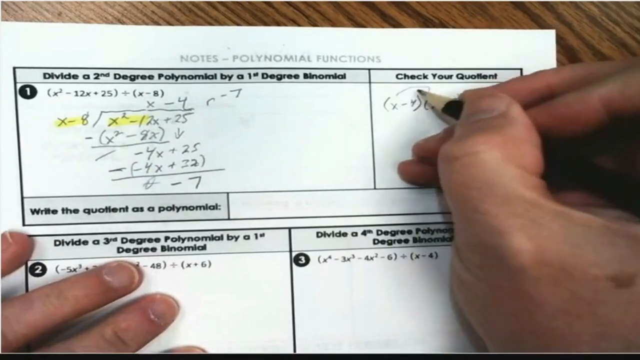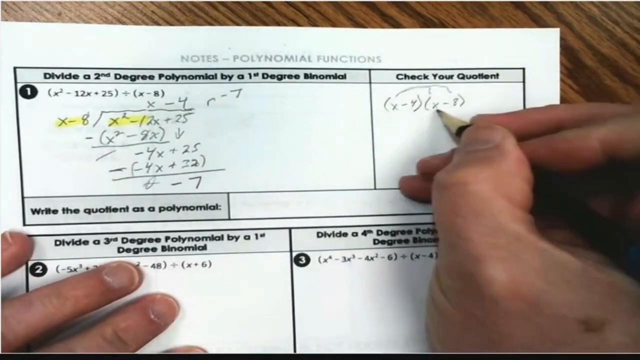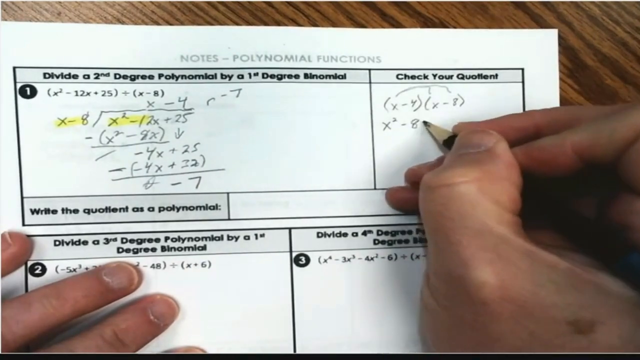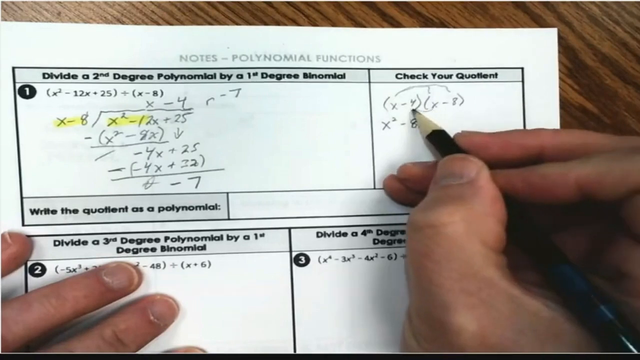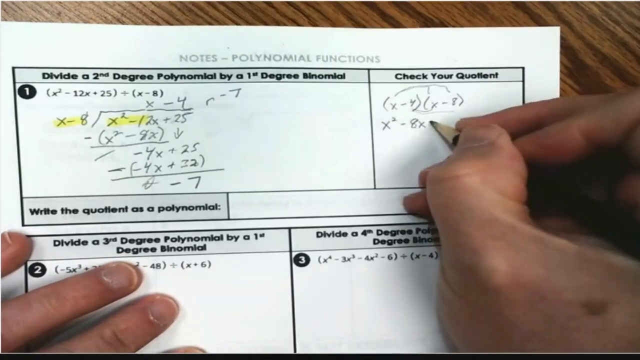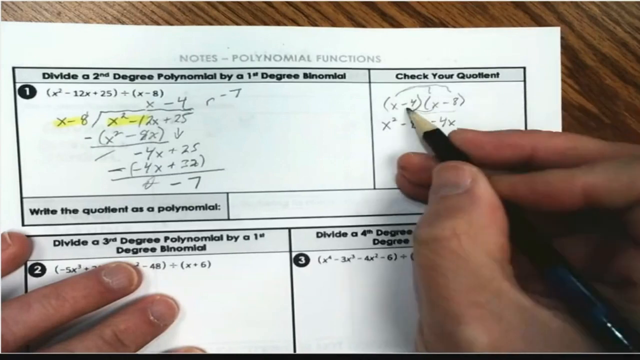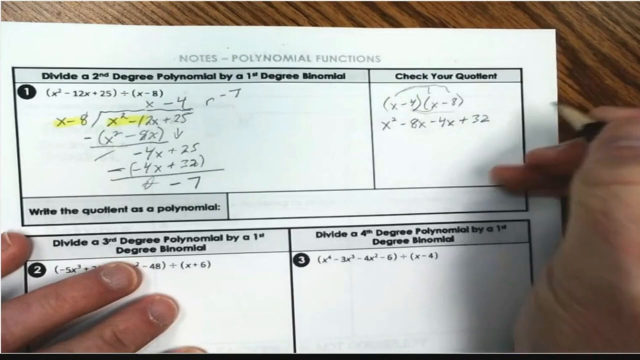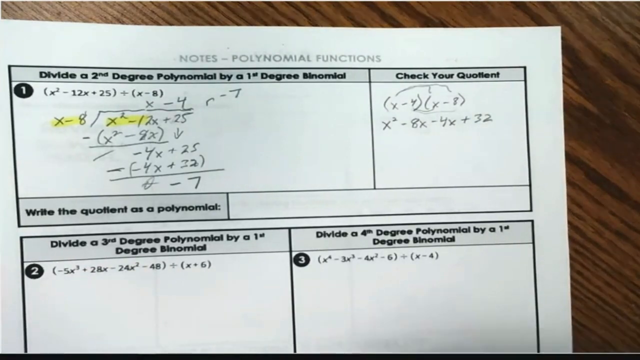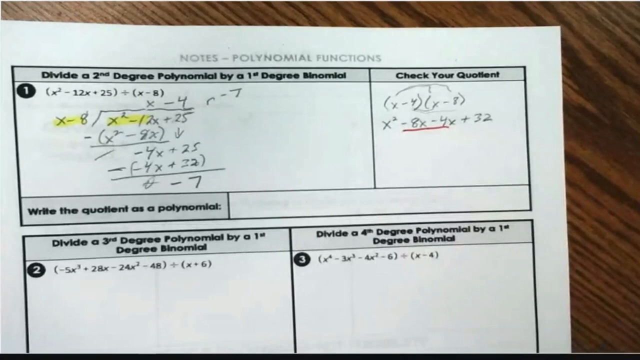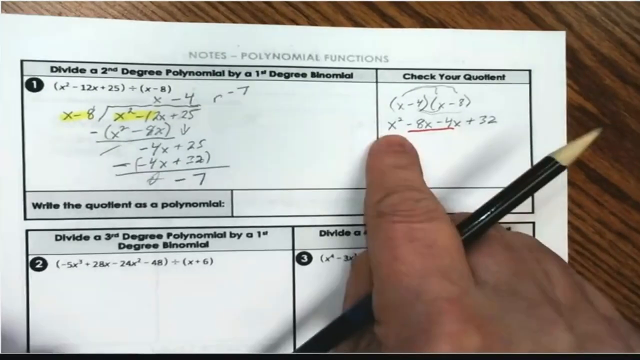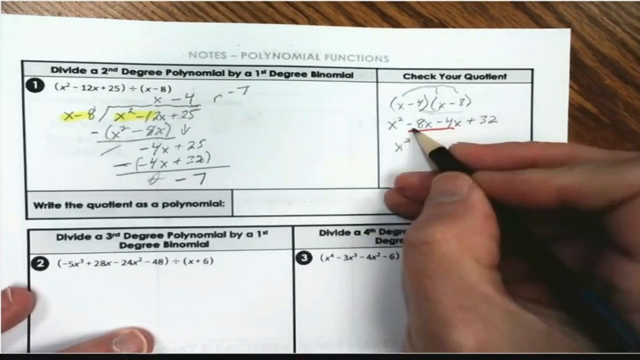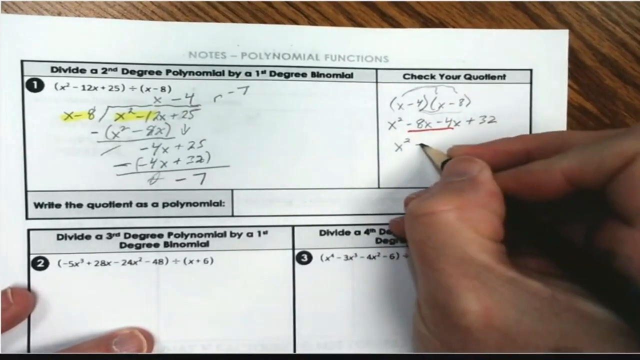So we have to distribute, right? They got to go times both of that. X times x is x squared. X times negative 8 is negative 8x. Then we have to distribute to negative 4. Negative 4 times x is negative 4x. Negative 8 times negative 4 is a plus 32. All right, so these are like terms, right? We can combine both of those because they're both x. This is x squared, cannot be combined. X squared minus 8x minus 4x is minus 12x